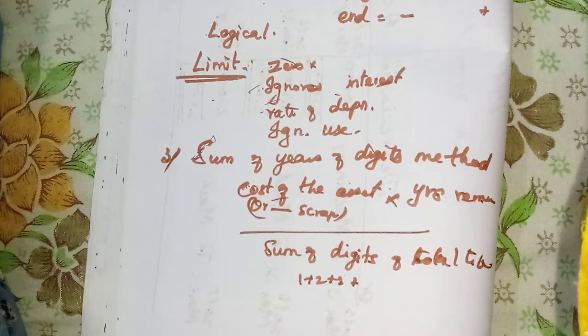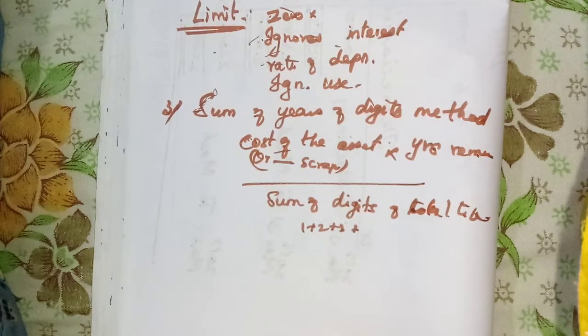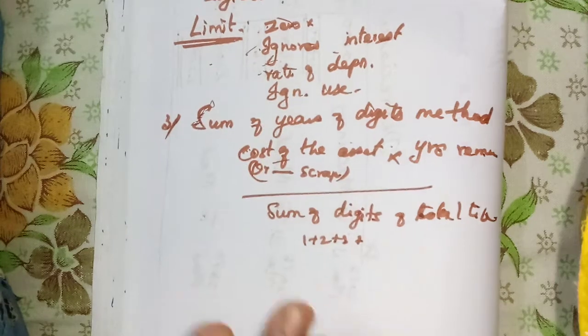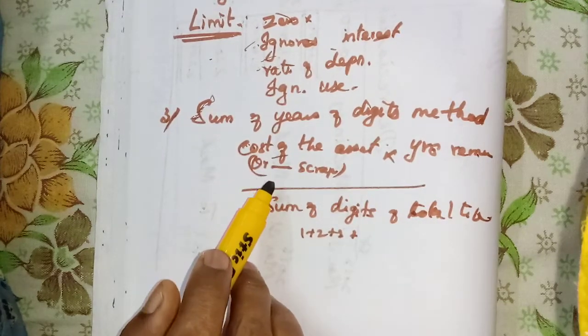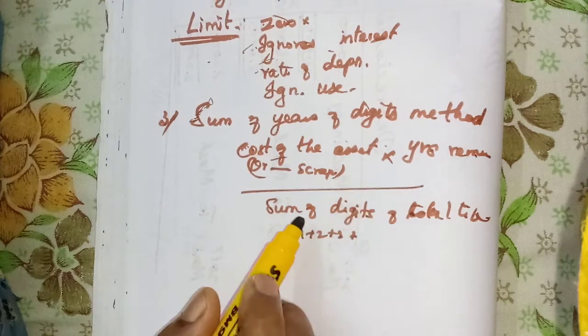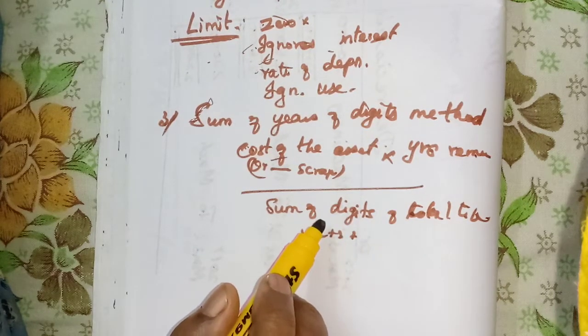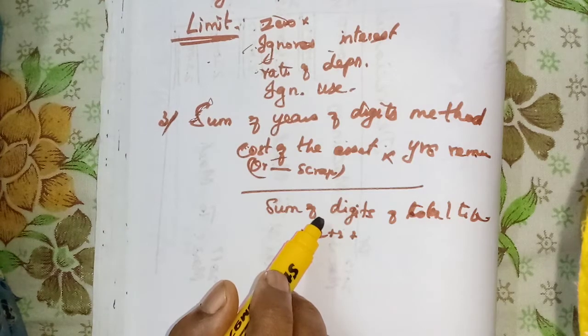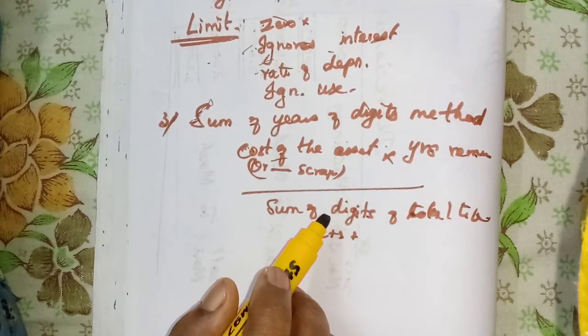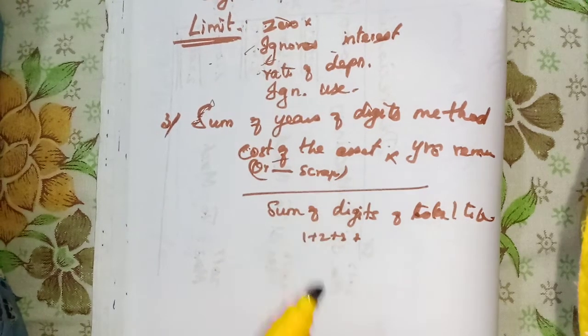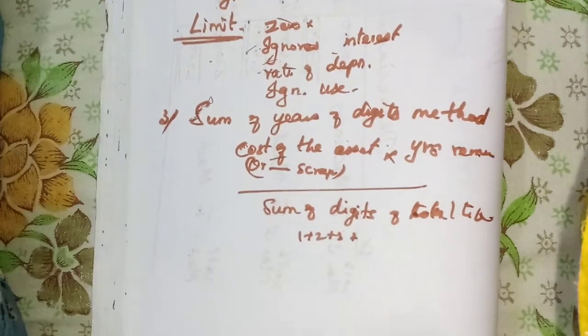Okay, here this method is used especially when the assets will be affected by obsolescence, because we can use them for very few years. Then this will be very useful to calculate the years remaining out of the total life of the asset. Or when the repair charges will increase in the forthcoming years. For that type of assets, this method is very useful.